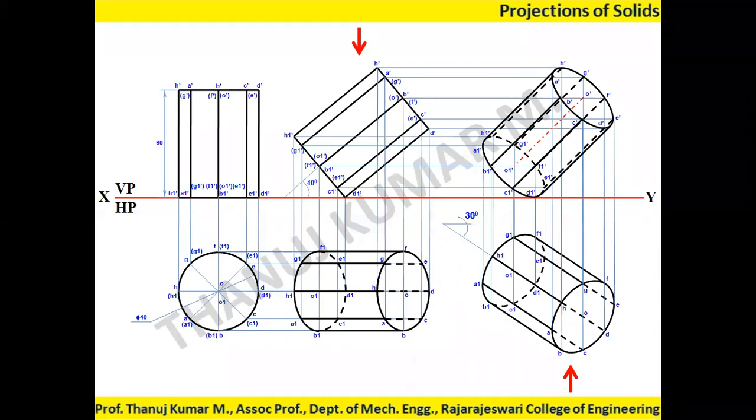I've told you to draw the pyramids. So draw one circle and join the generators. When you draw generators, it becomes a pyramid. Without these generators visible, that is a cylinder. With generators as visible lines, it becomes a pyramid. Okay. So this is how we complete the problem.